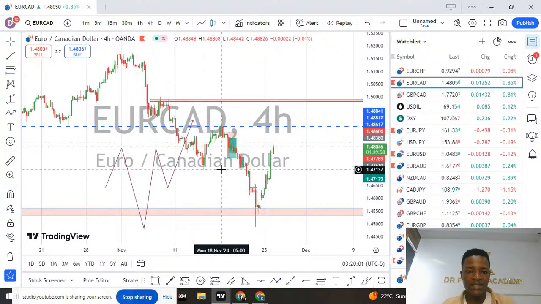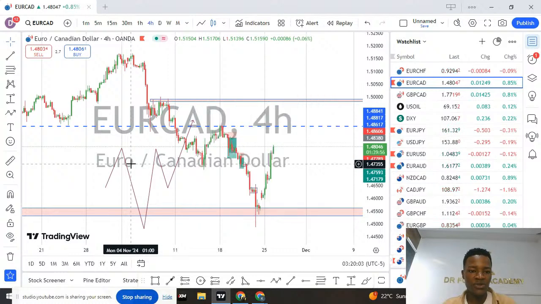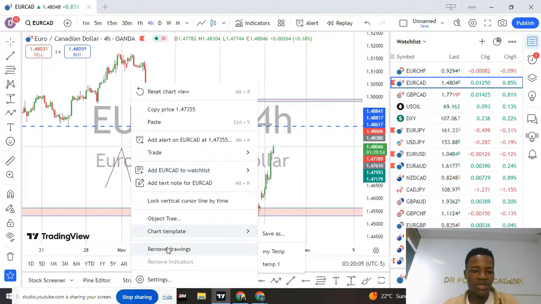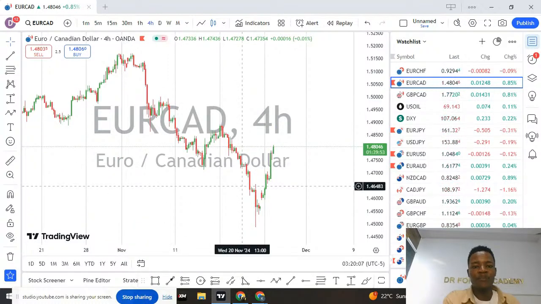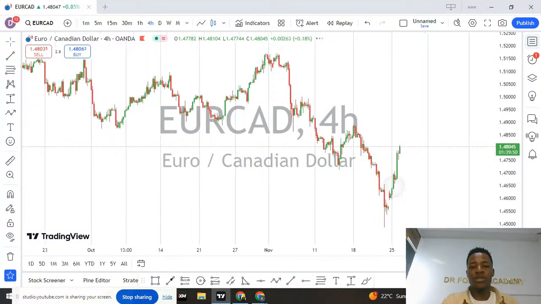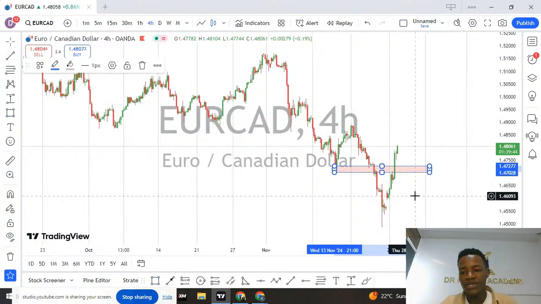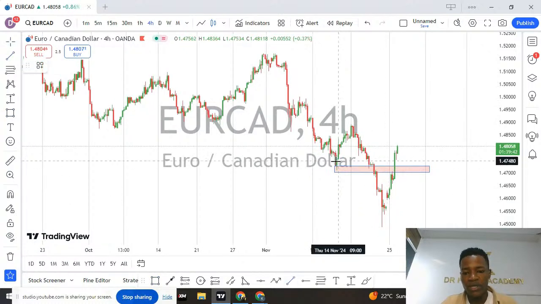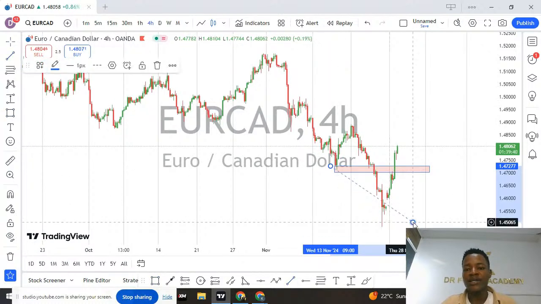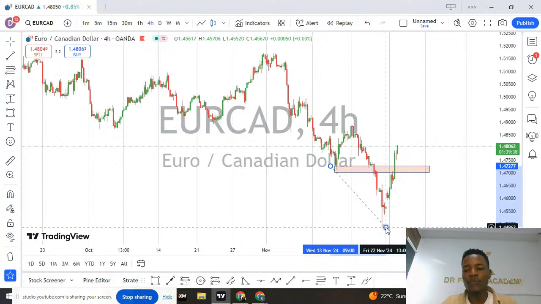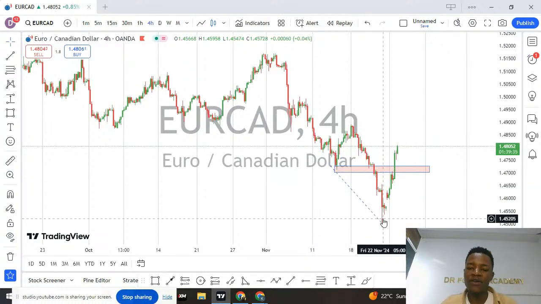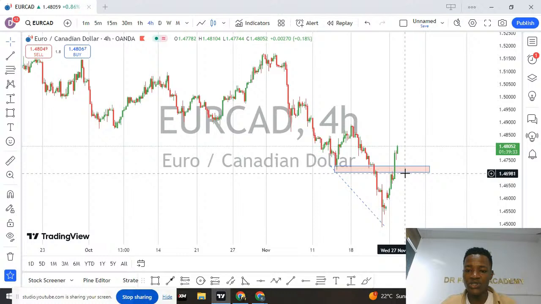So currently, I can clearly see this market. I have to remove all drawings because these orders are from last week, they have exhausted. So this is on EuroCAD, on the 4 hours. What I can see clearly, guys, is here we have a head. This is what we call divergence. If you guys don't know, this is what we call divergence. So we can clearly see we have a head, a shoulder, and another shoulder is going to be created.